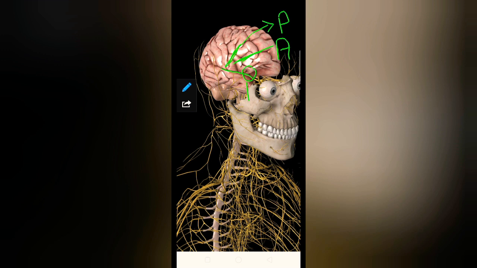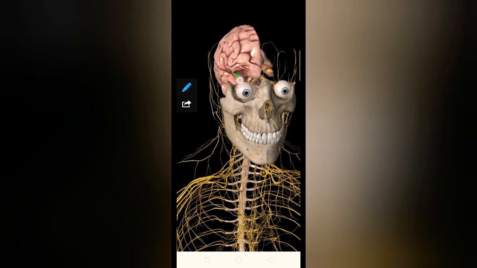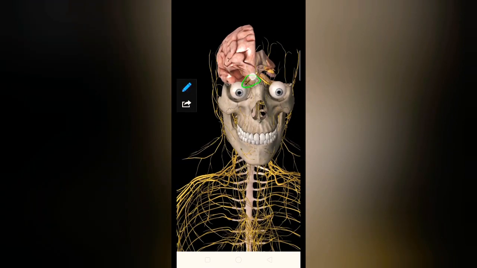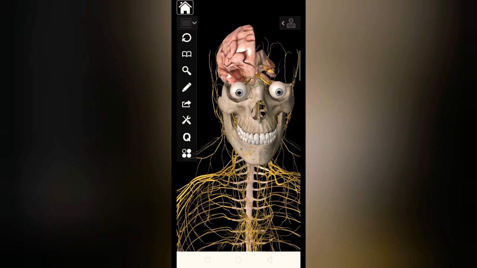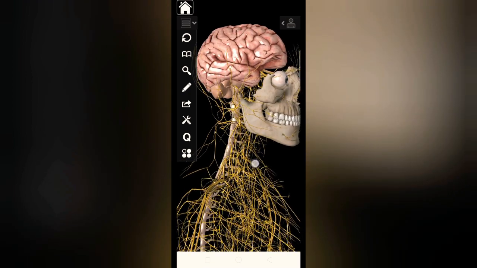And if we go for a more accurate position of the lateral sulcus, if we look for the stem of the lateral sulcus, look, this is the stem of the lateral sulcus. What are the contents of stem of the lateral sulcus? It has the optic chiasma. This is our optic chiasma present medially. So lateral sulcus arising as a stem, it has optic chiasma as its content medially. Okay, and among all these three rami, the posterior rami is important.